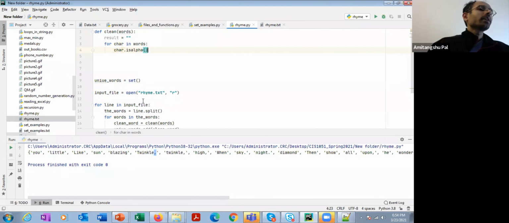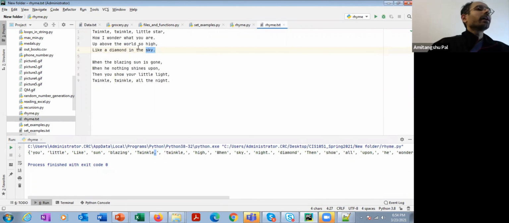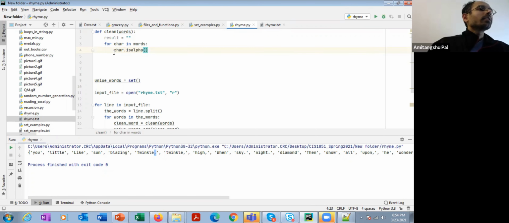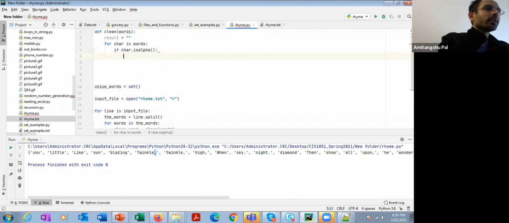Here, as it is a rhyme, it consists of only alpha characters. So if character dot is alpha is true, then result is equal to result plus character. I'm going to append the character to the result.